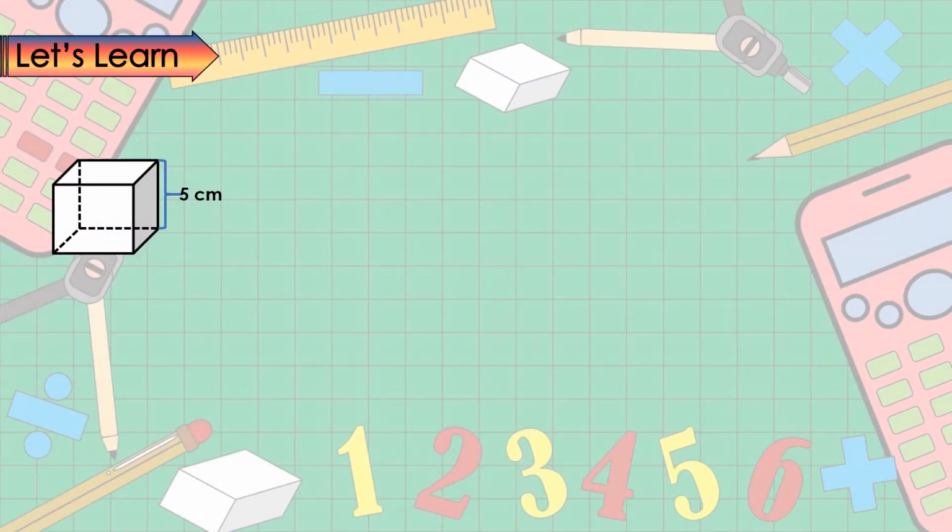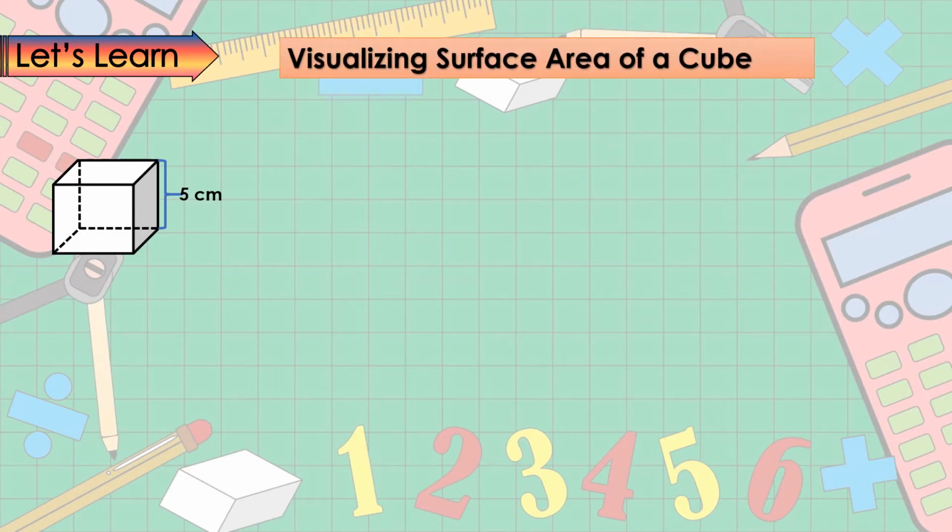So let's start with this shape. I know that you are very much familiar with this kind of shape. This is what we call a cube, right? So we are going to get the nets of these solid figures. We are going to open it up to visualize the surface area of these solid figures. So we are going to cut it